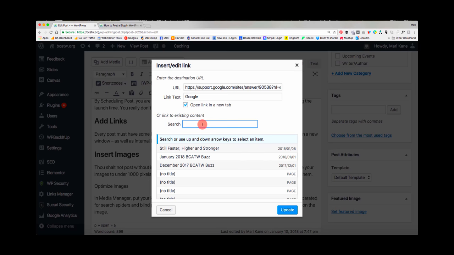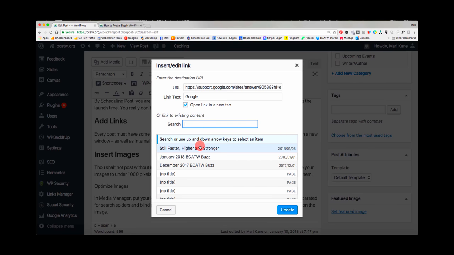Now internal links are very important, because especially when you have a lot of content on your site, you want to send people to other pages within your site. You don't want people just hanging out on one page and then exiting. You want them to go deeper, deeper, deeper and find more information. So that's what internal links are for. Now,